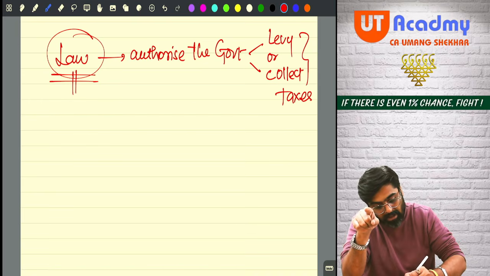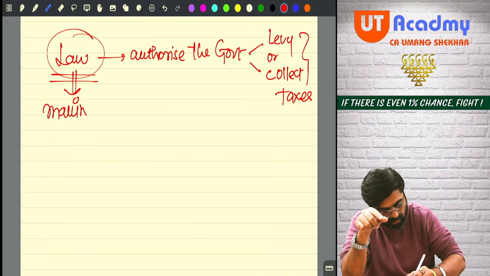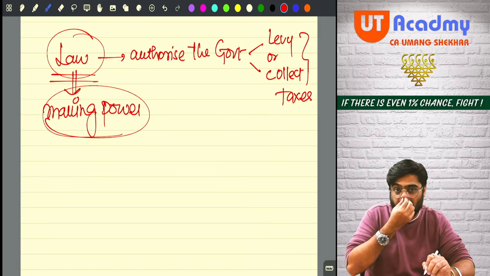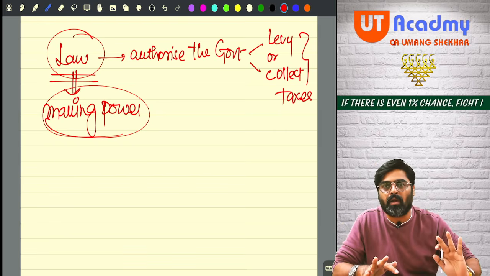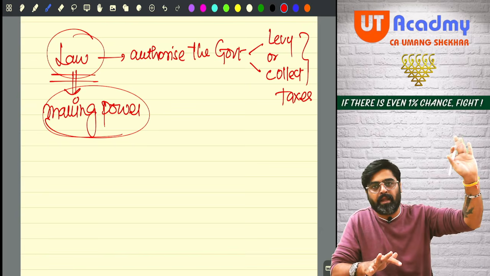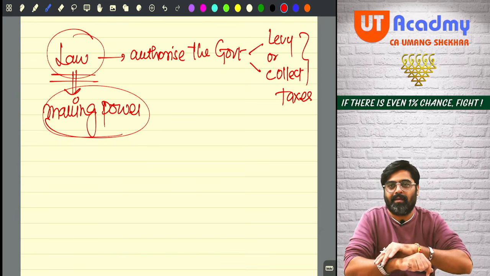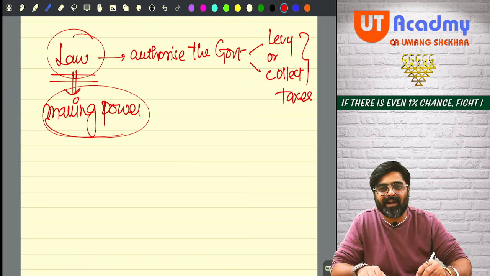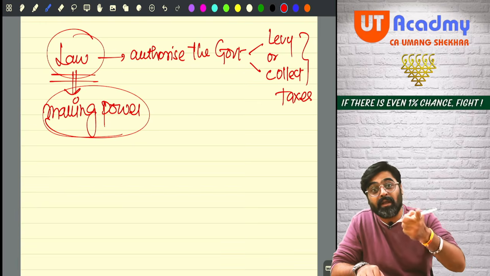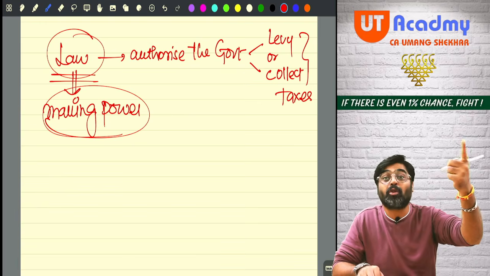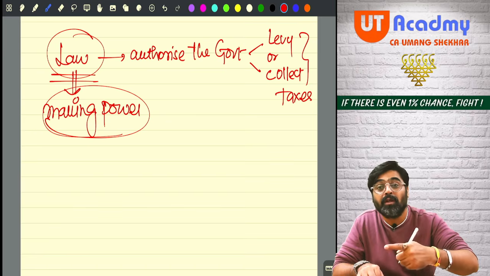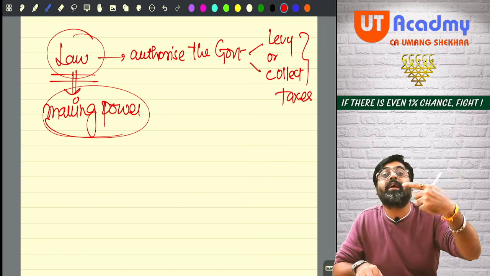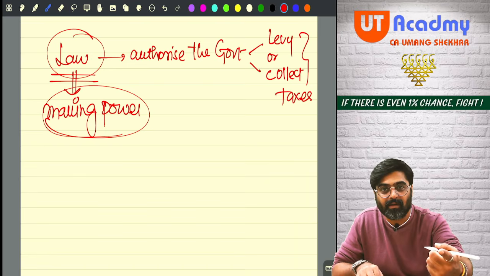So the law making power in India is given to whom? Come on, tell me. Who makes the law in India? That is for sure, government does not make the law in India. But there is some authority in India which makes the law. Who will make the law in India? The Constitution of India will give the power to some authority to make those laws in India. Once that law is made, those laws will be implemented or executed or followed.